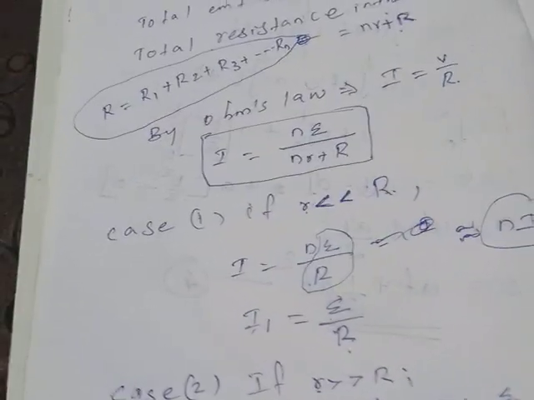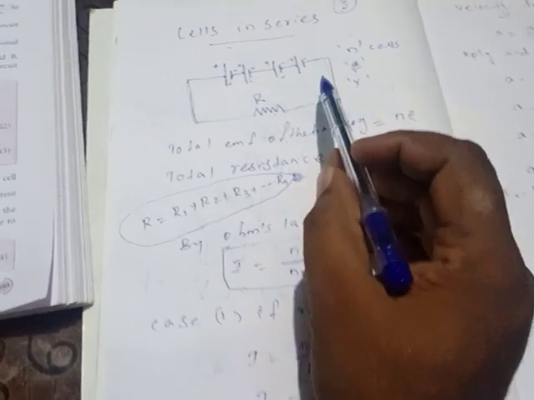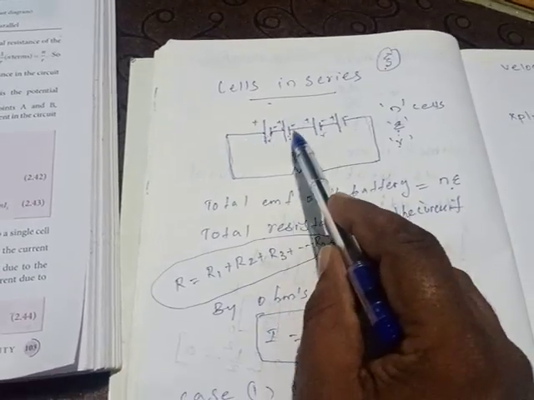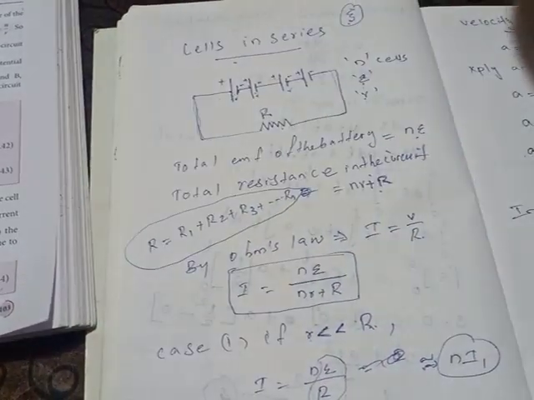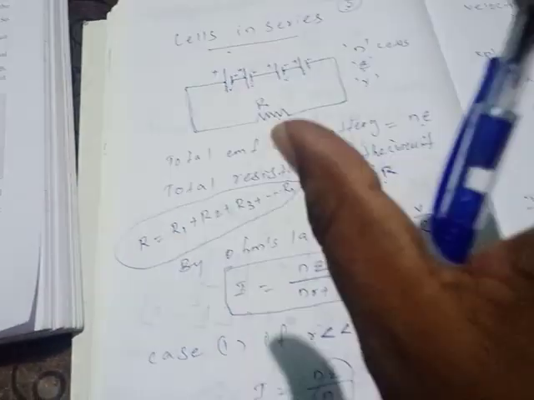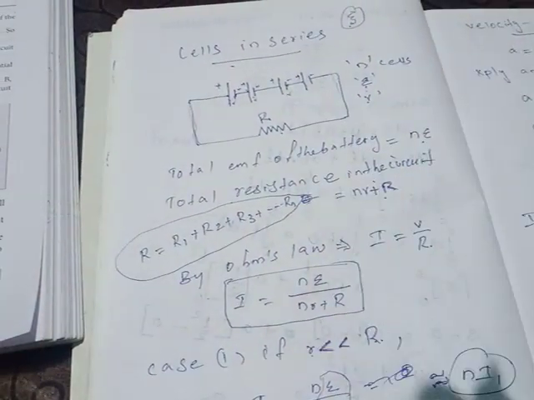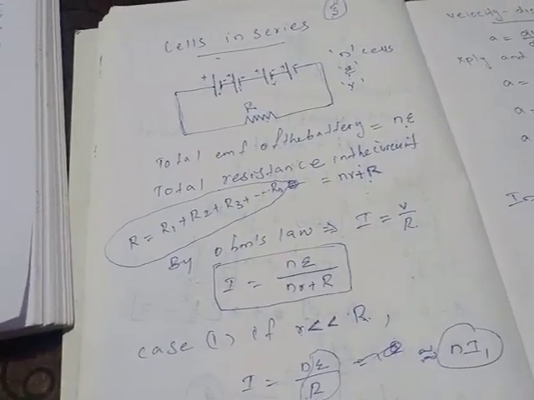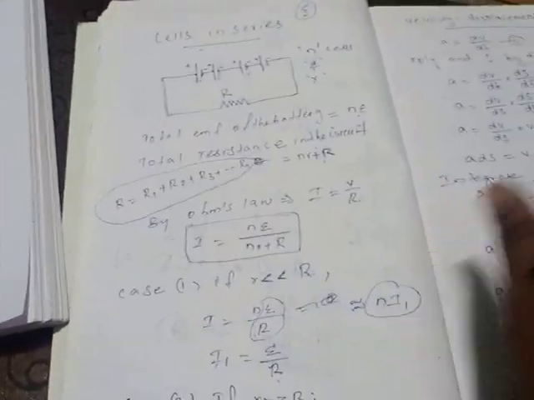So what is happening means, in this series connection, you connect one battery or 100 battery, no problem. In a series connection, you are connecting 100 battery or 200 cells together. What will be the current? The total current will be equal to the current in a single cell. This is what here concluded based on this.